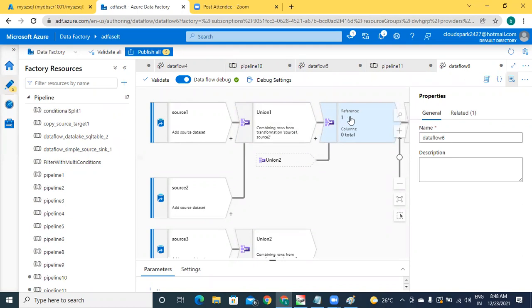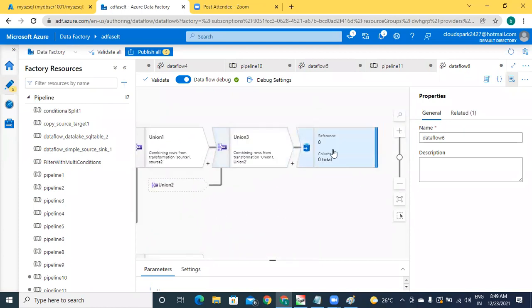Because for union 3, the primary input stream is union 1. This is attached with union 2. That means these two are inputs, right? Here 200, here 200, totally 400. These 400 rows will be loaded into the sink.